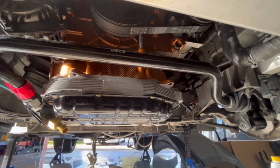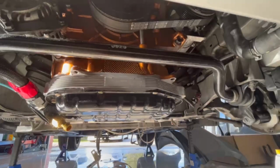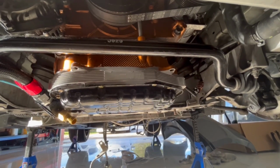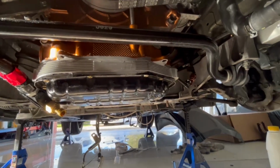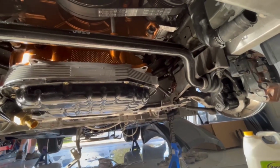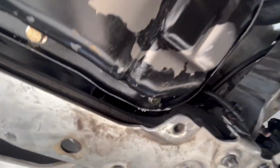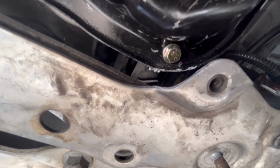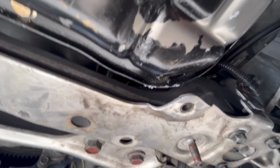All right, so I was able to get the plate installed, the spacer and the oil pan. I wanted to clarify about the second skip plate that you guys have. The reason why they want you to remove the second skip plate is because this screw, one right there on the oil pan, you cannot tighten if this skip plate is not